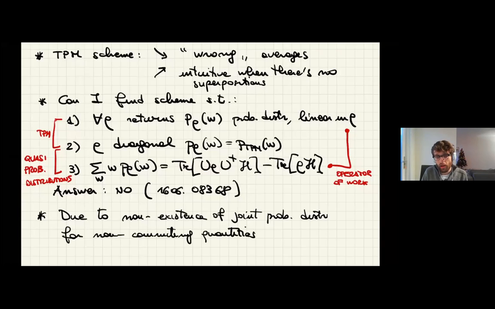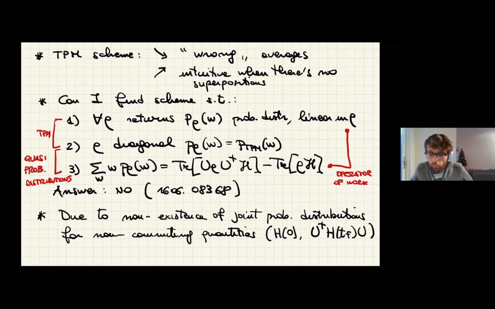Well, if you think about the process in the Heisenberg picture, what is it that you're trying to do? You're trying to measure the energy at the beginning, which is h of 0, and then you're trying to measure the energy at the end, that in the Heisenberg picture would be measuring this other observable here. I now incorporated the unitary evolution in the observable. This is what the Heisenberg picture is. So you would like to measure the Hamiltonian at the beginning and the Hamiltonian at the end. And these two may be non-commuting. And if they don't commute, and what you want to do is take the energy difference between the outcomes of these two measurements. But then